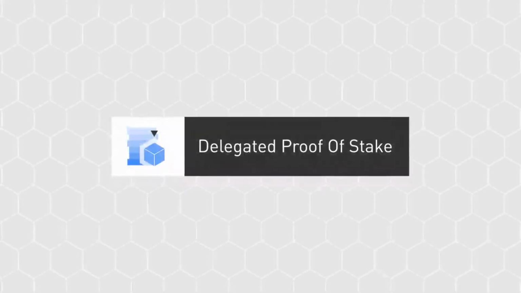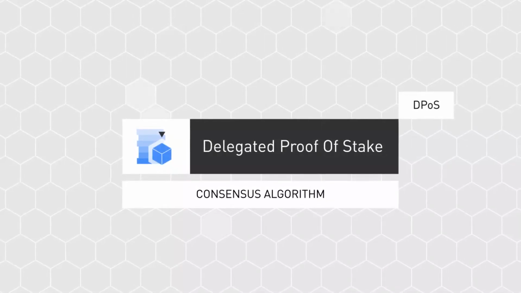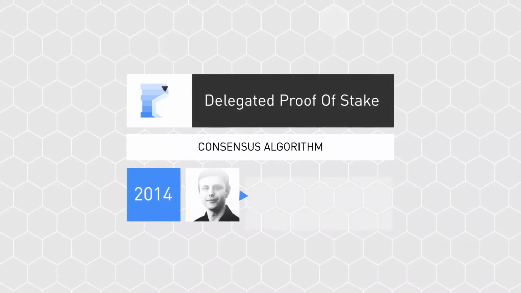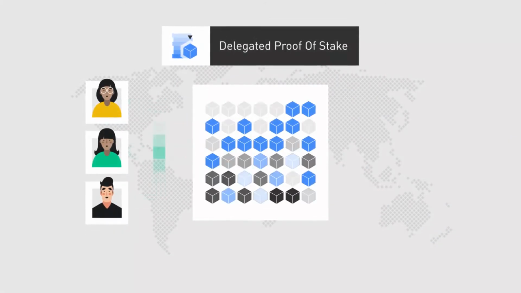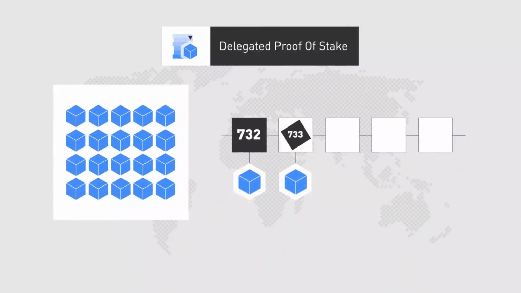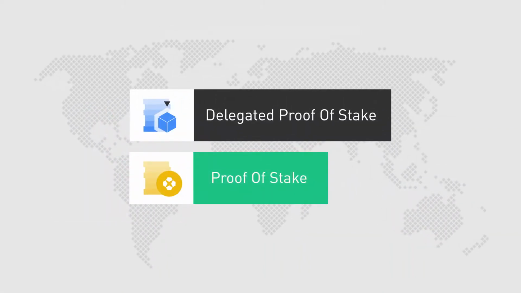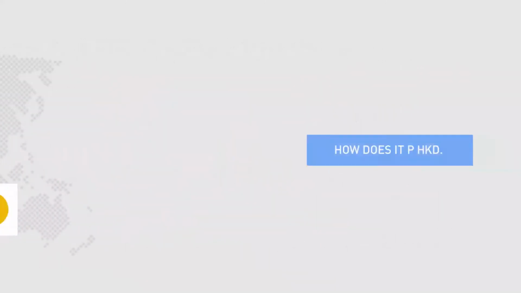The Delegated Proof of Stake, or DPoS for short, is a cryptocurrency consensus algorithm that was developed in 2014 by American cryptocurrency entrepreneur and software developer Daniel Larimer. The DPoS system is maintained through an election process, where coin holders vote for delegates, who are then responsible for validating new blocks. It is considered by many to be a more efficient and democratic version of the preceding proof-of-stake algorithm, and they are both used as an alternative to the energy-intensive proof-of-work algorithm, such as the one used by Bitcoin. How does it work?